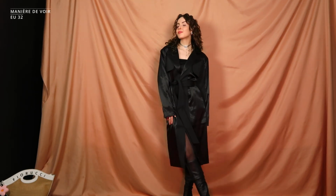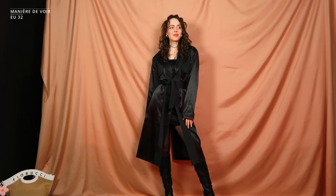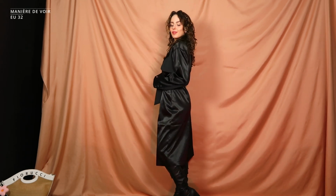I love the satin detail. I love the lapels over here. I love the fact that you can cinch in the waist with its beautiful tie. I love that the buttons are black and really seamlessly go up in the coat. And what I love the most about this coat, and I can't believe not more brands do this, is it has